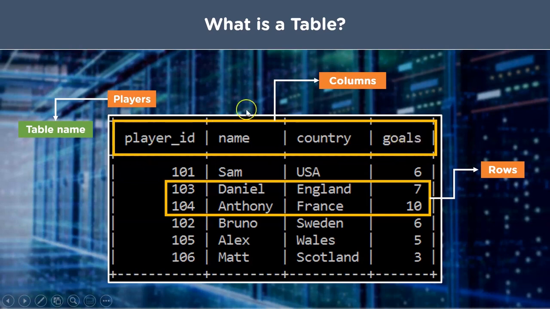These are also known as fields in a database. Here, each row represents a record or a tuple. So you have the player ID, which is 103 here. The name of the player is Daniel. He is from England, and the number of goals he has scored is 7. You can use SQL commands to query, update, insert records, and do a lot of other tasks.